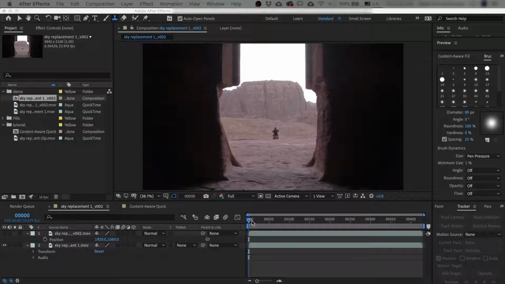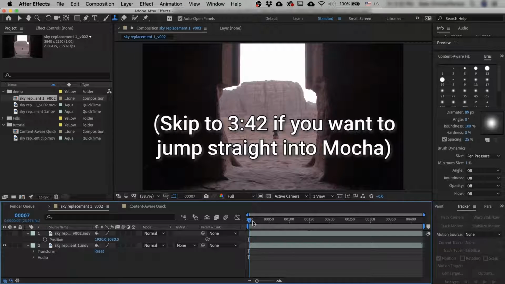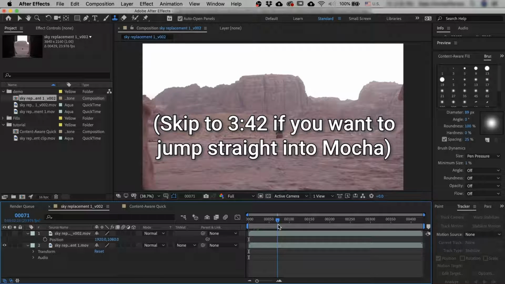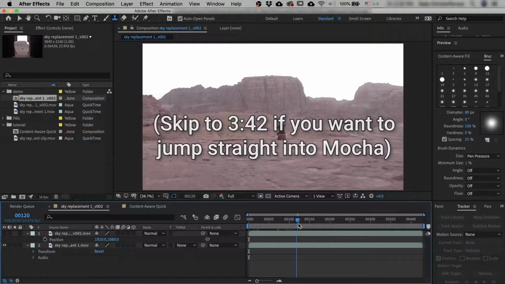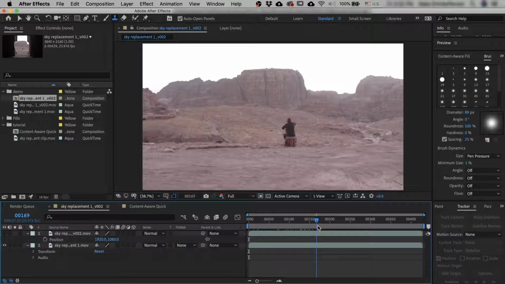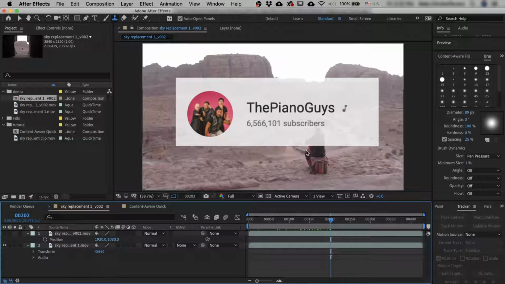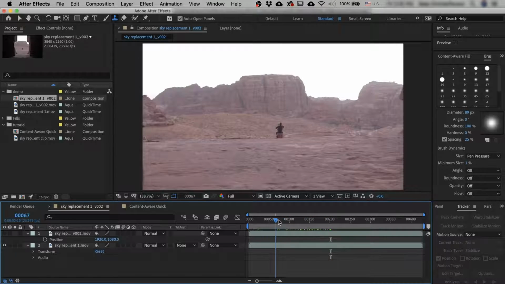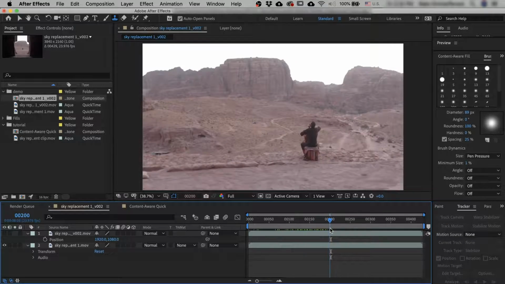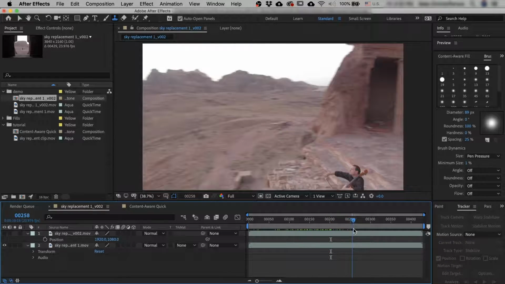Hello and welcome to this object removal tutorial. This is based on a real use case, a job that I had a couple of years ago where I received this piece of footage shot as part of a music video for the Piano Guys, if you're familiar with that YouTube channel. Here we've got a long drone shot which was filmed in Jordan, where we are orbiting around